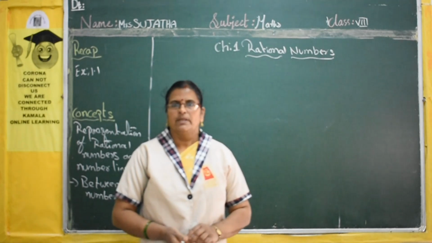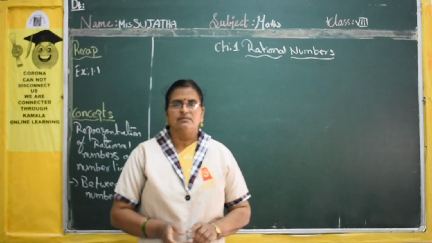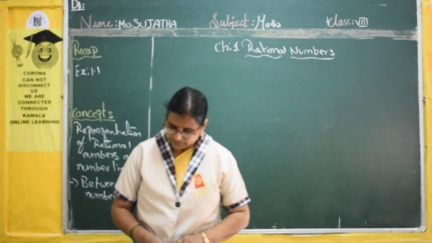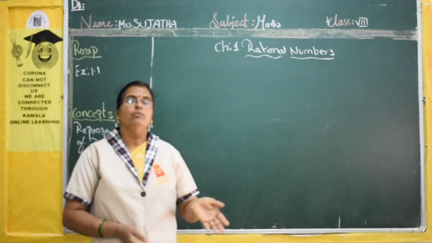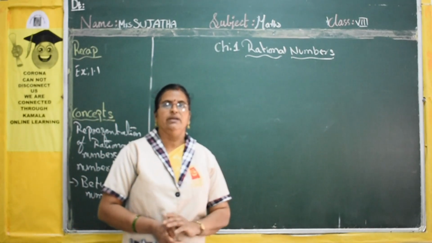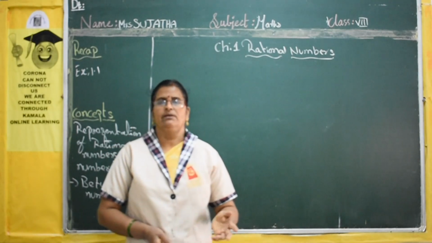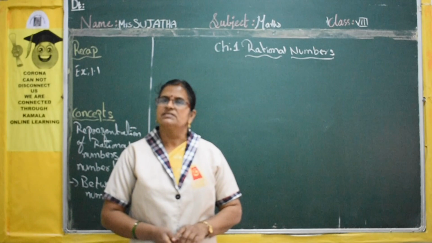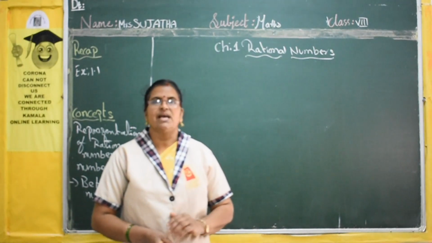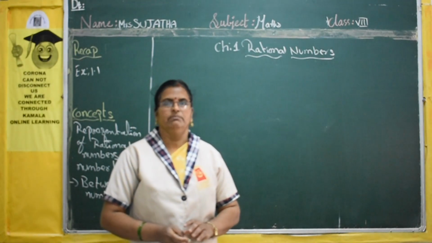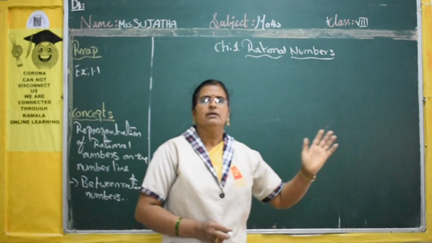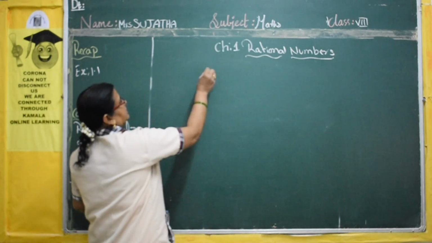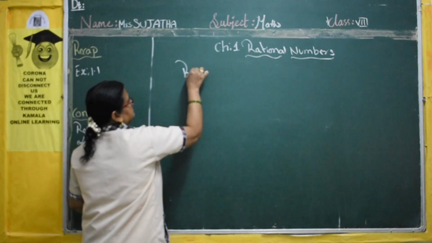Okay. Now exercise 1.1 we have completed, no? Today our topic is how we can represent rational numbers on a number line. Already you know how whole numbers and integers can be represented on a number line. We studied that in the 7th class. But these are rational numbers, that is, numbers in p by q form. How can we represent them on a number line? Okay. Now, representation of